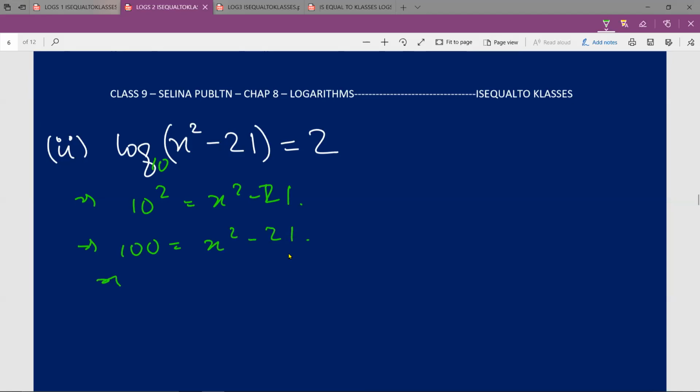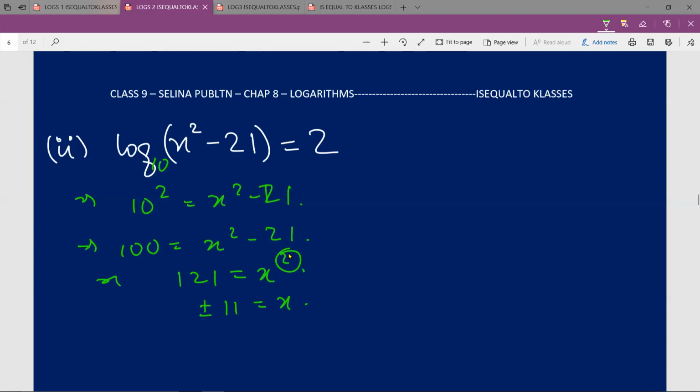Over here, minus 21 will go to the LHS, pardon, and become plus 21. So therefore, 100 plus 21 will be 121 is equal to x square. Now the square that is present in the RHS will move to the LHS and become root of 121, which will be 11 is equal to x. Only and only if you are in 7th grade or 8th grade, you could write it that 11 is equal to x and move on forward. But if you are in advanced grades, such as 9th, 10th, 11th, 12th, and plus 1, plus 2, etc., you have to write this as plus minus 11 is equal to x.